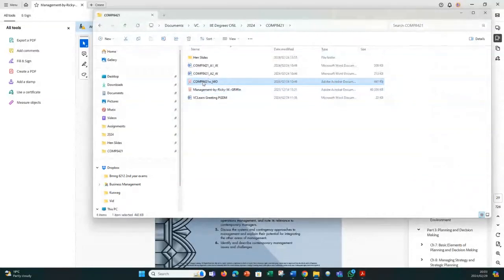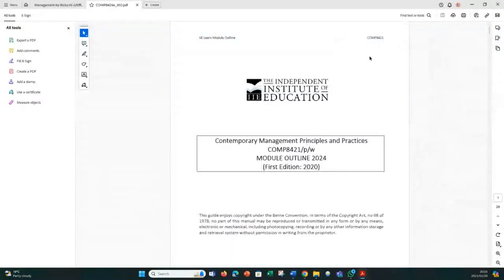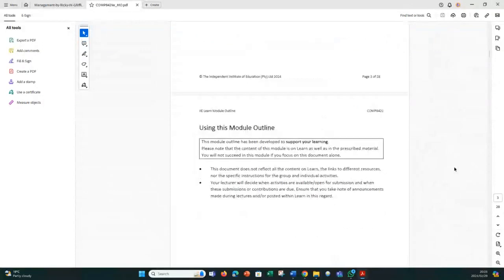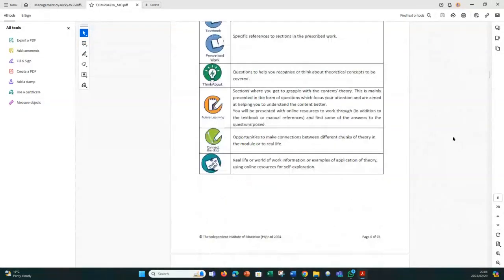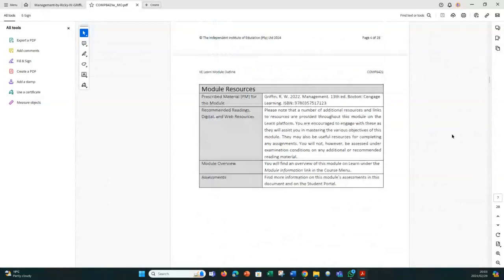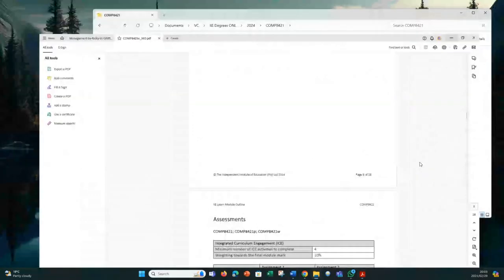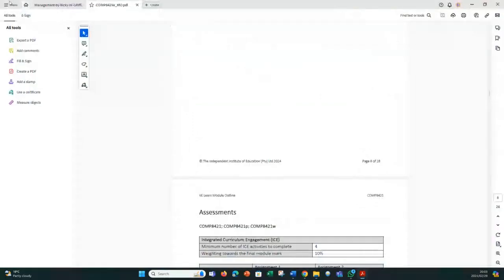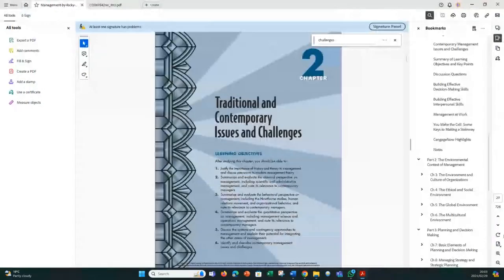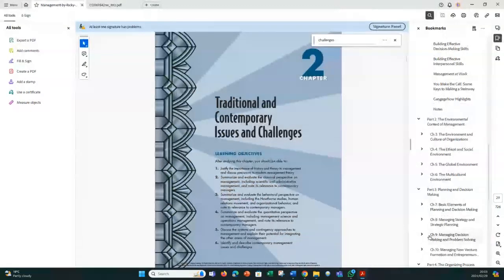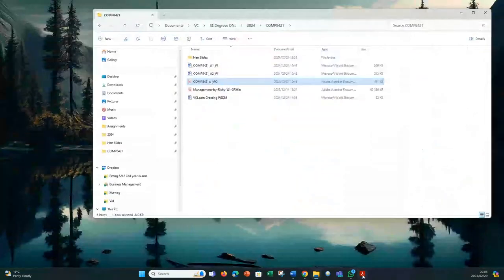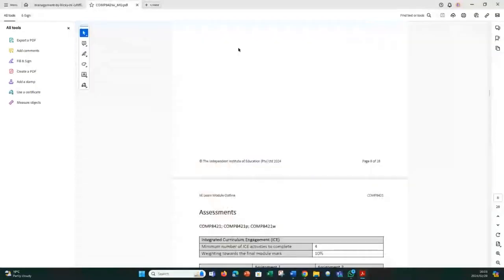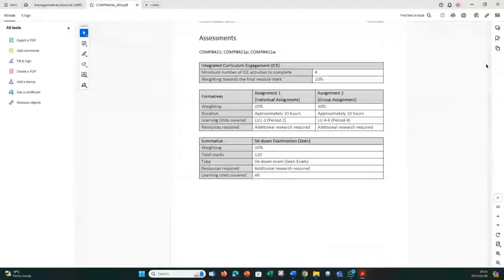Is it chapter 8? Oh, Georgia, you are such a star. Thank you. I'm literally opening the module outline right now. I did this a long time ago, truthfully, a hell of a long time ago. So we're looking at chapter 8. Thanks, Georgia, you are again just a rock star. Yeah, it might be in a different chapter here, that's what I'm worried about. Hold on a second. Where is this? It's 1, 2, and 3.